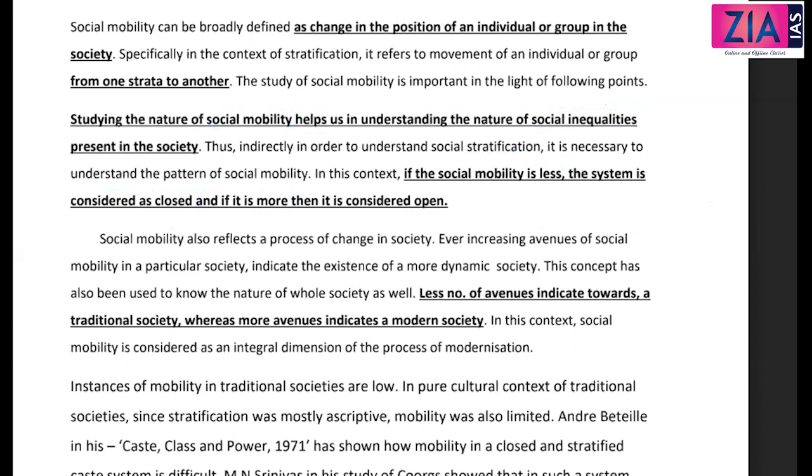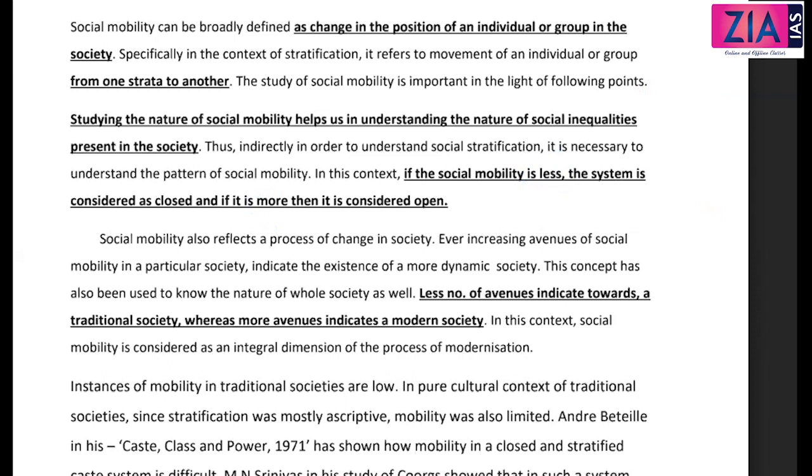Also, you can understand the nature of society. How? If it is less, what kind of society is this? Traditional or modern? If it is more, in which society, traditional or modern, are the chances of mobility more? Are people getting richer faster in traditional or modern society? Modern society. Today a poor person, tomorrow becomes rich, right? Something will get clicked and you will become rich. Today in modern society, the avenues are maximum, right? Even in the corona time, people are doing something or the other and getting rich, right?